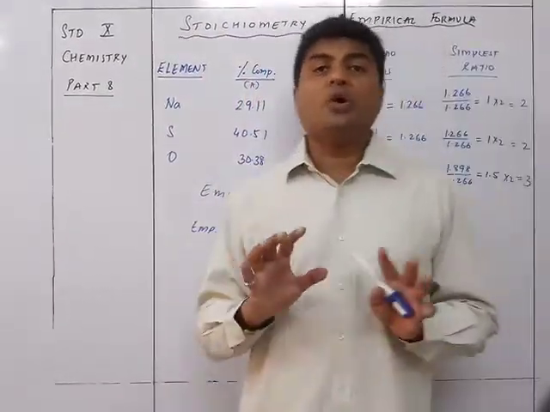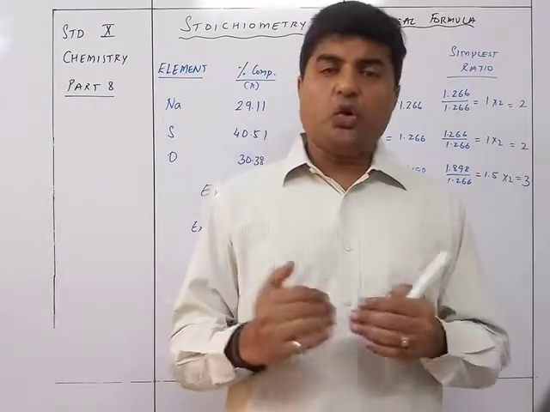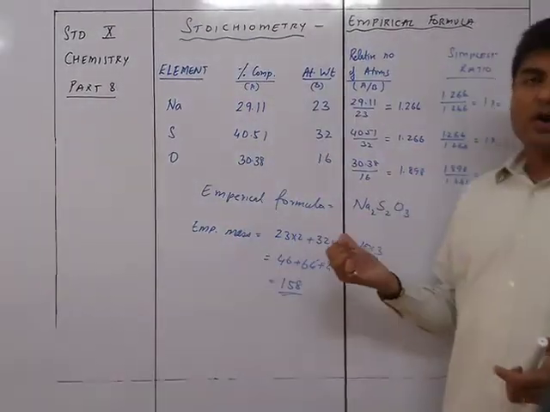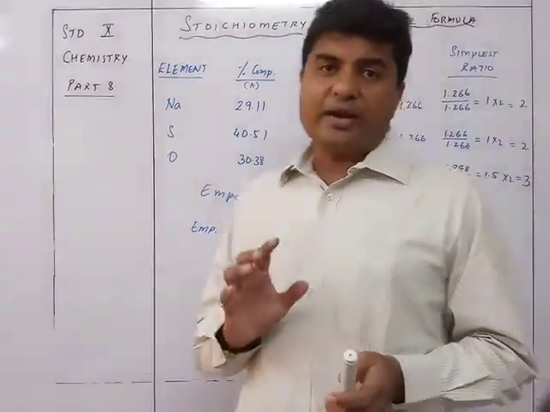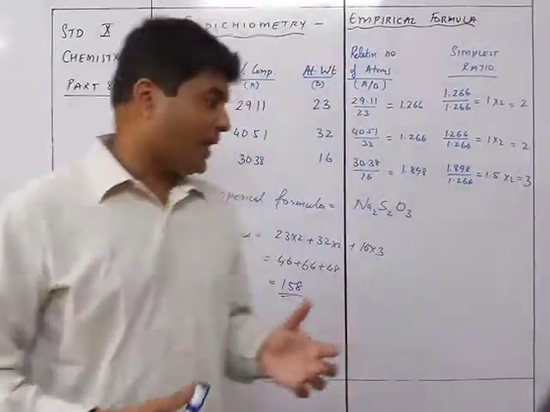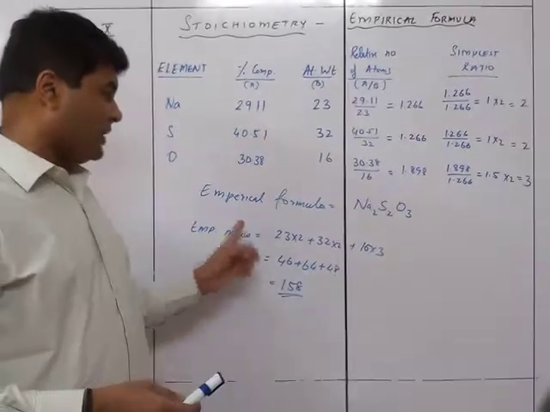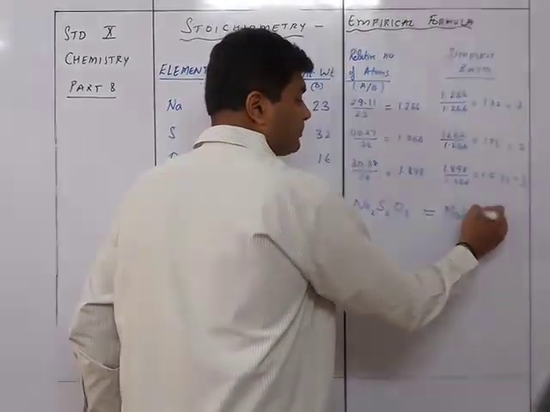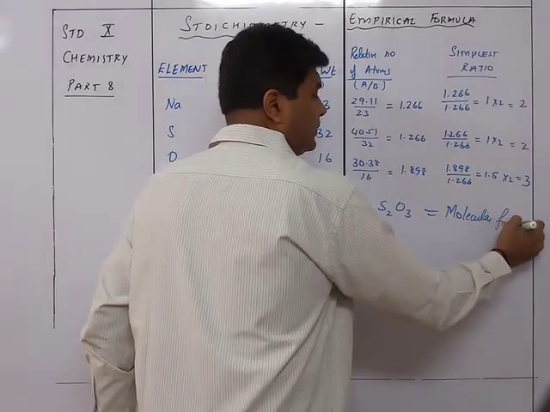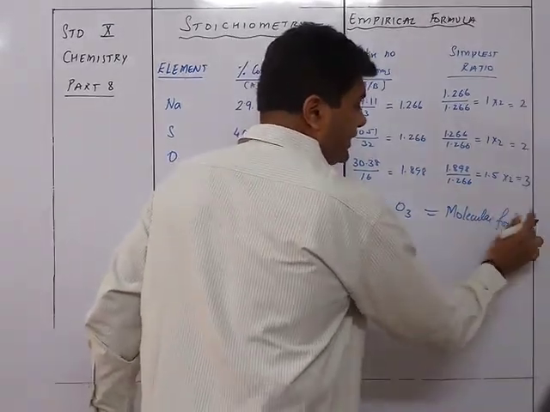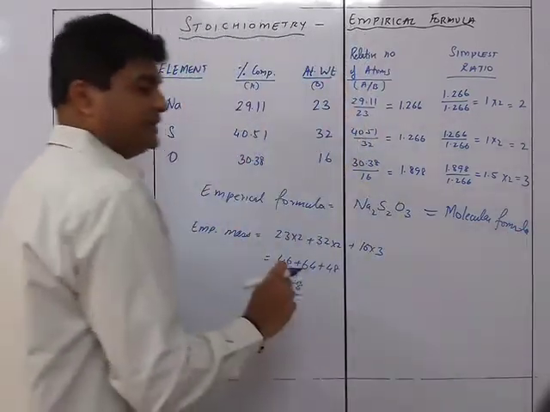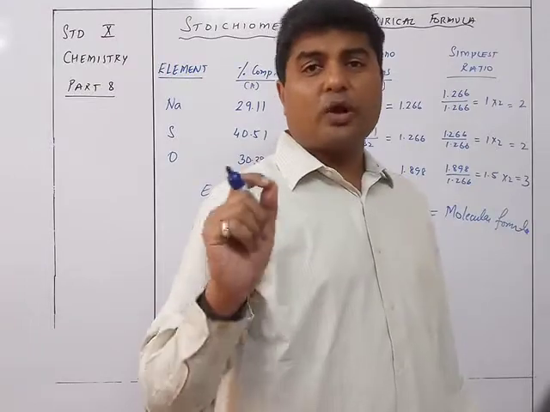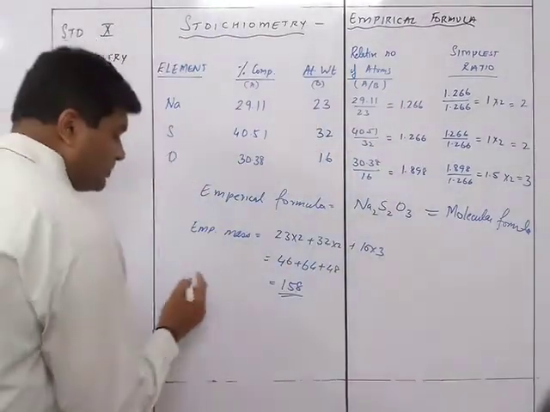Now here you are not going to go any further. You don't need to do anything further, because this is a kind of inorganic compound. So here you are not going to have a multiple. So the empirical formula is also the molecular formula. In all such cases, normally the empirical formula is also the molecular formula. So this is also the molecular mass.